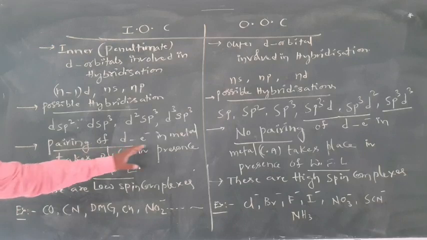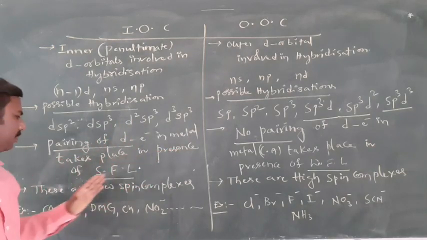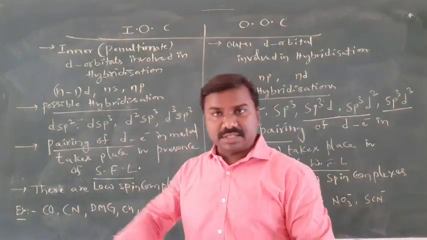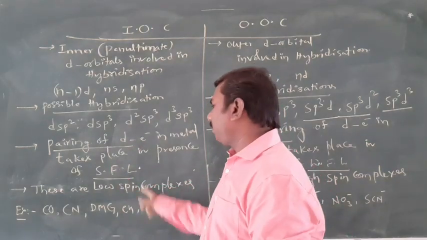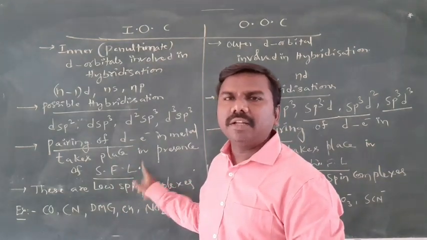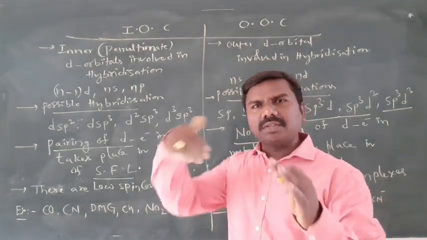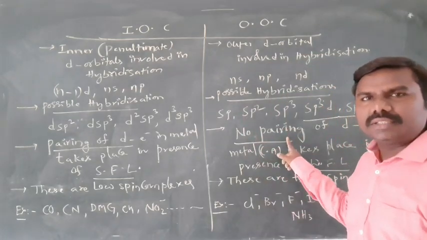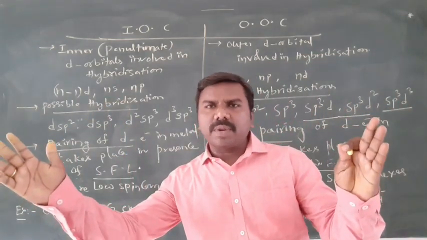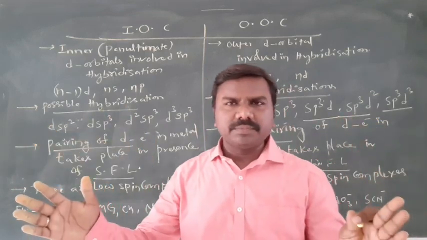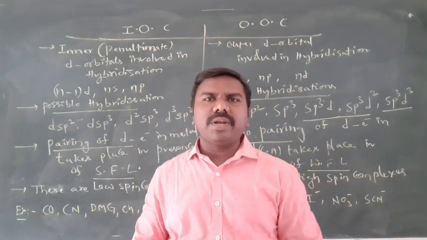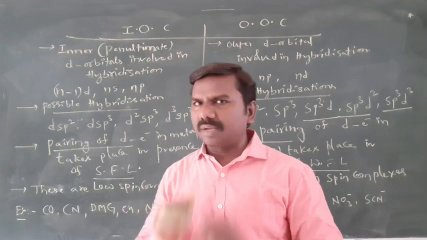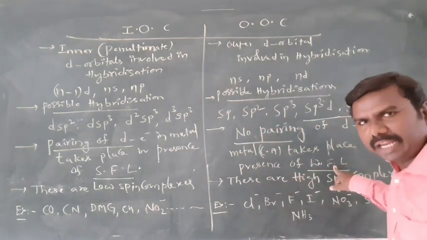Now, pairing of the d electrons of the metal takes place in the presence of a strong field ligand. Pairing takes place, and then only we get empty orbitals inside. That's why inner orbital. So pairing is possible with a strong field ligand, but not in the presence of a weak field ligand, because of their field strength, which we'll study in crystal field theory. So no pairing means all are unpaired electrons. Even in the presence of the ligand there is no pairing. All are unpaired electrons in the d orbitals of the central metal atom. Obviously, no pairing in the presence of some ligands. Those are called weak field ligands.